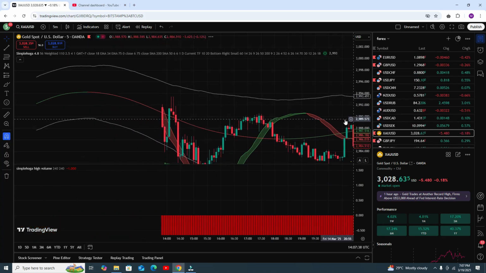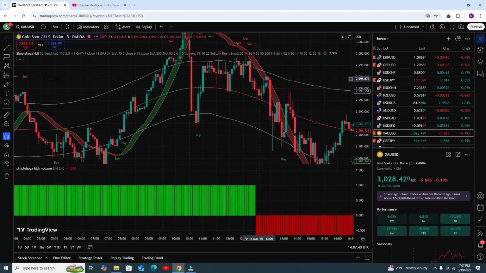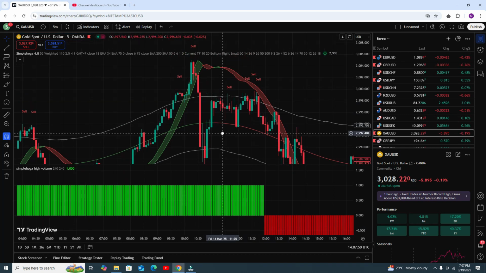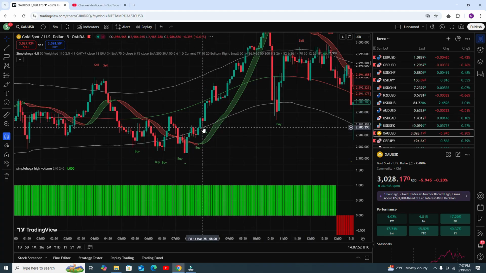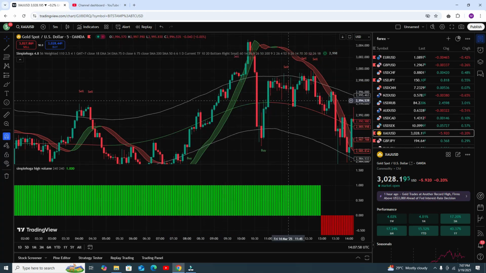Okay, let's move further. Here you can see there is another perfect entry because the RSI is green or red one and sell volume, so this is another perfect entry and got the profit. Okay, now this is another perfect example of a buy, and you can see your target hit. Okay, all the time you are getting so much profit.